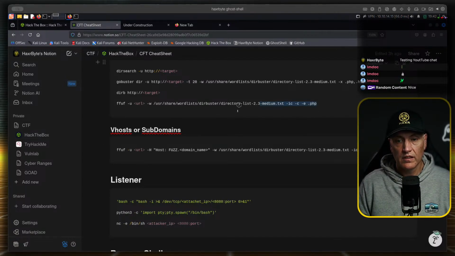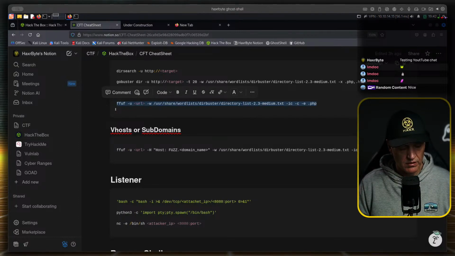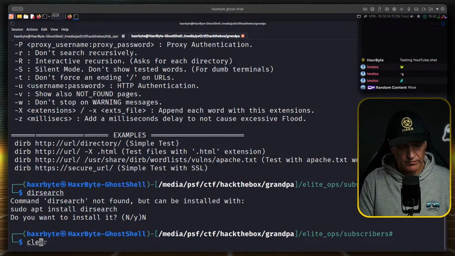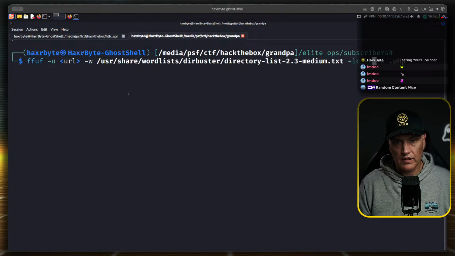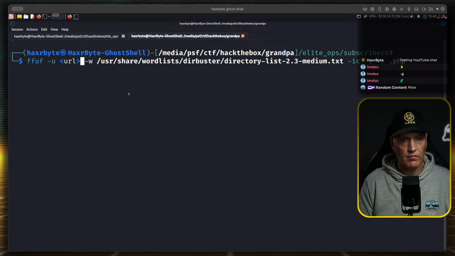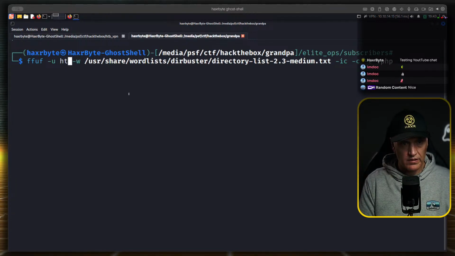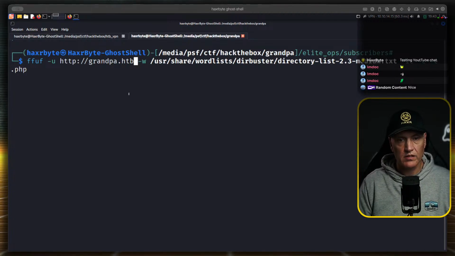So let's copy this command. Let's use this one. Okay, so the URL will be http://grandpa.hackthebox.